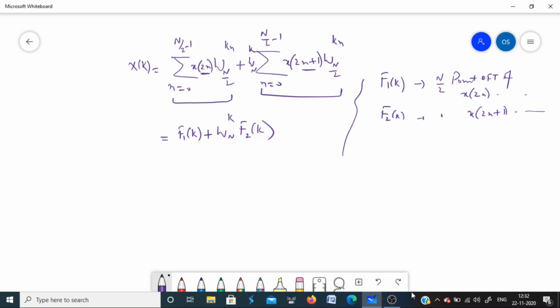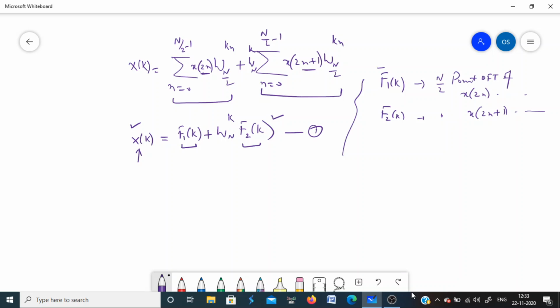Okay, this is what is my Xk. So this equation gives you a mechanism to compute the N-point DFT by combining two N by 2 point DFTs. If you know the N by 2 point DFT of the even sequence and the N by 2 point DFT of the odd sequence, you can combine them using this equation to get the N-point DFT. And we also use one more property here, because the DFT of a signal is periodic with N,